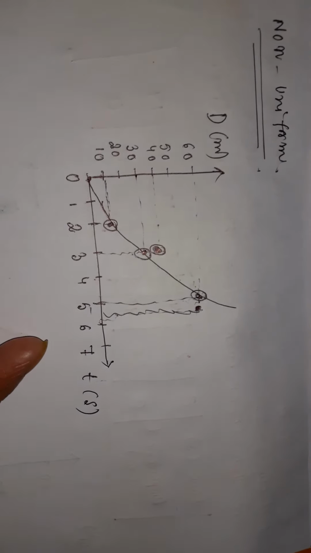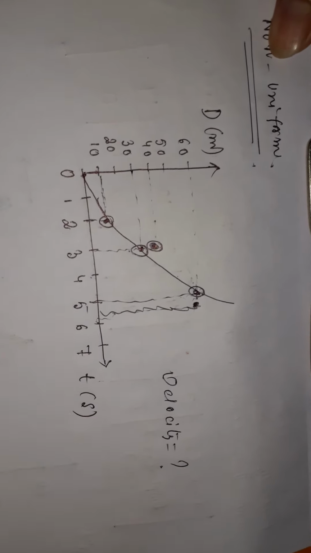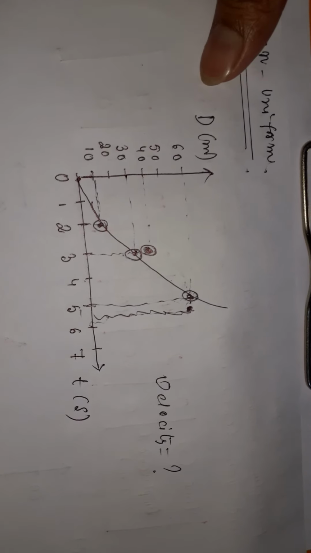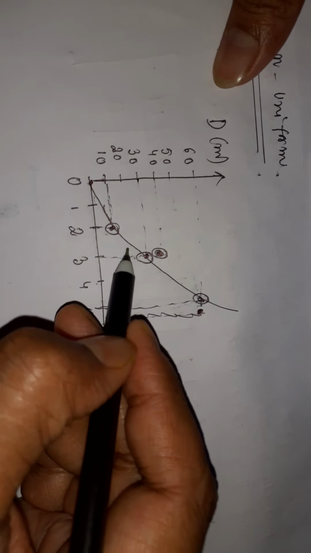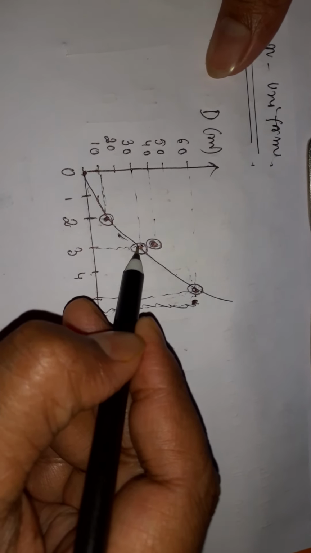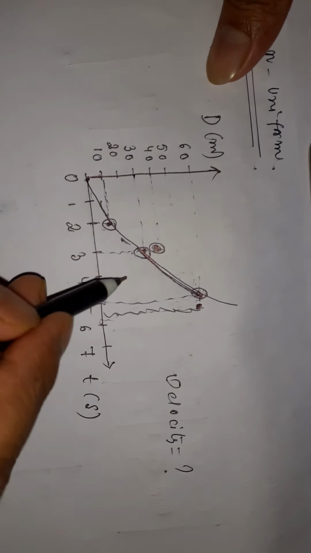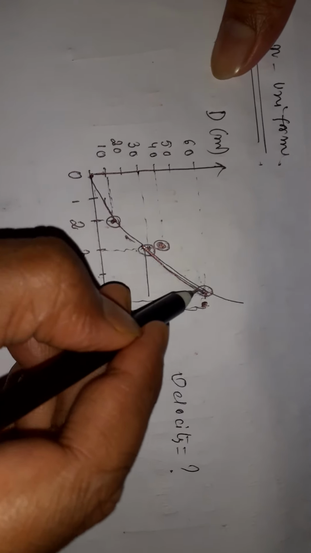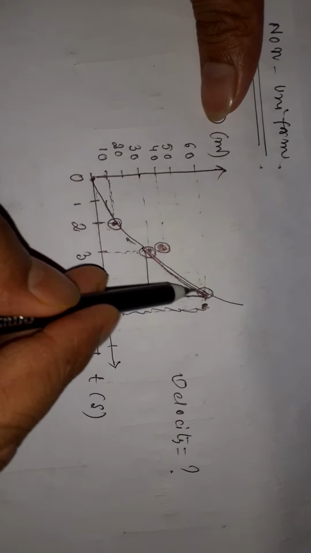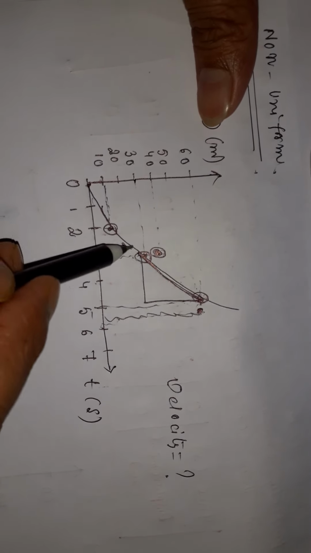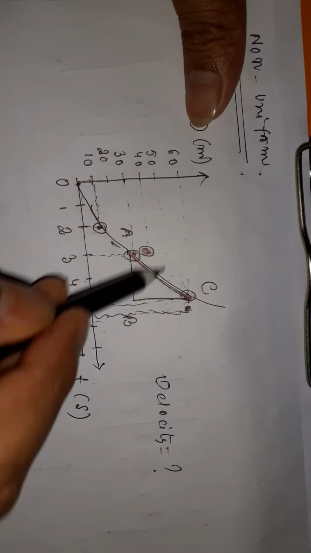So now if you are going to calculate the velocity from this graph, you won't be able to just draw a triangle, because this line is not a straight line. So what you have to do is draw a tangent from this line to this line. One tangent you have to draw. Then you have to complete the triangle. Here you make a straight line, then you complete the triangle and give it the name ABC. That depends on you, what type of things you have taken here.